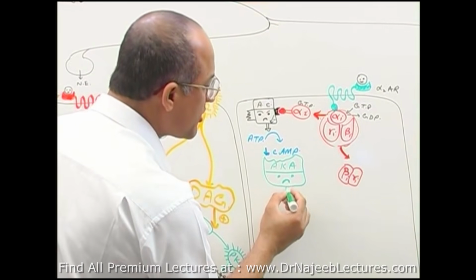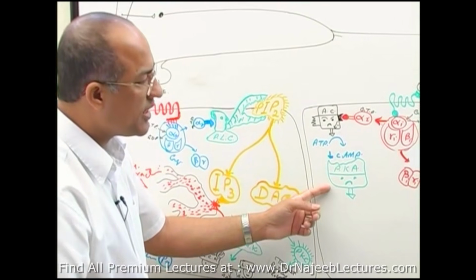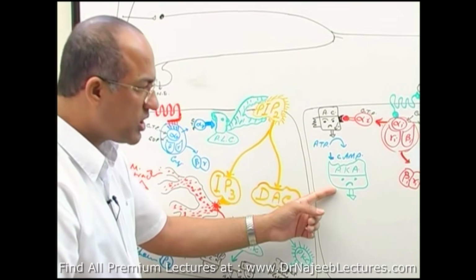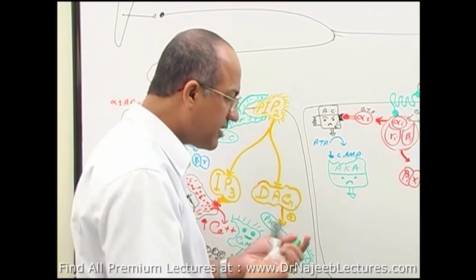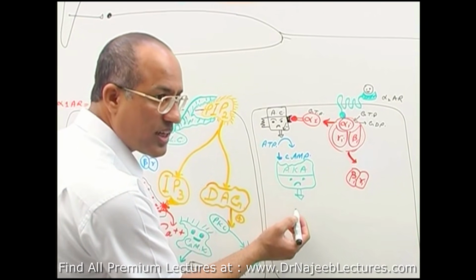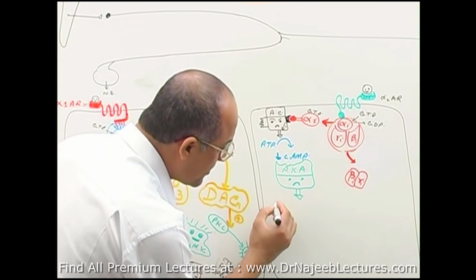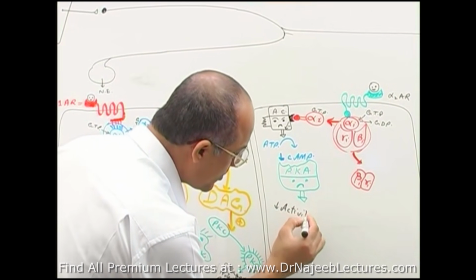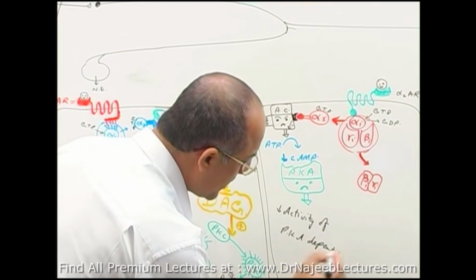Then protein kinase normally phosphorylates target proteins. But now because protein kinase A is not stimulated, because cyclic AMP levels are less intracellularly, protein kinase A dependent intracellular activities are reduced. So what should I write? When protein kinase A is not activated, then phosphorylation of protein kinase A target proteins doesn't occur. And we say that there is reduced activity of protein kinase A dependent intracellular